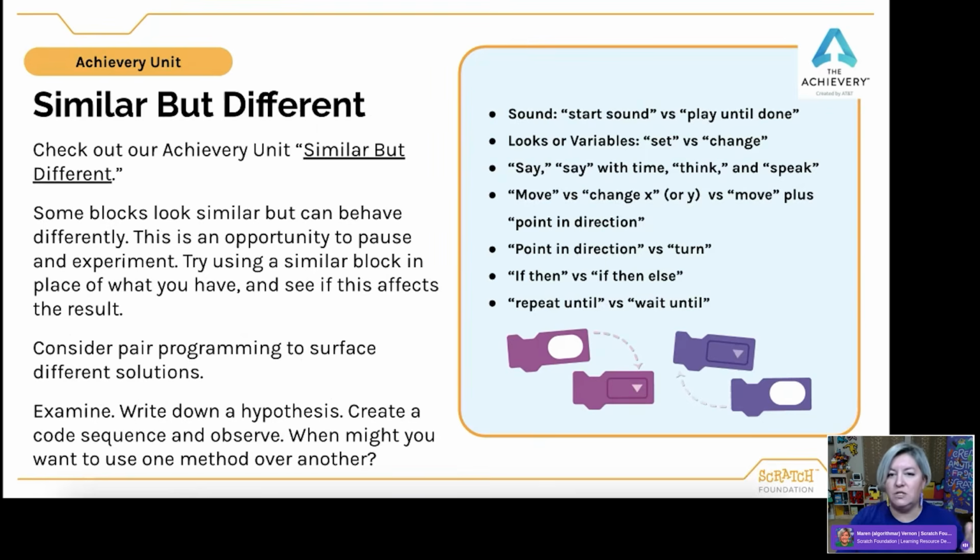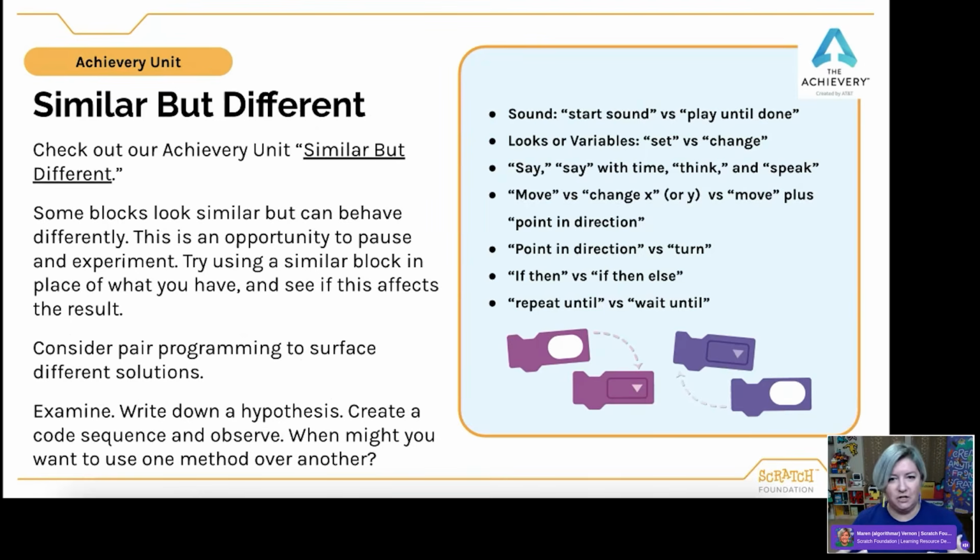useful in different circumstances. So there may be a circumstance where you would want to choose one block over the other. Maybe the difference wouldn't be dramatic, but sometimes it could. So it's always really helpful to keep in mind as we're doing this, as we're debugging, as we're problem solving with our students, that there are often multiple pathways, multiple code sequences that could lead to the same or a similar endpoint. And so that is why when deciding which blocks to use to create a sequence in Scratch, we